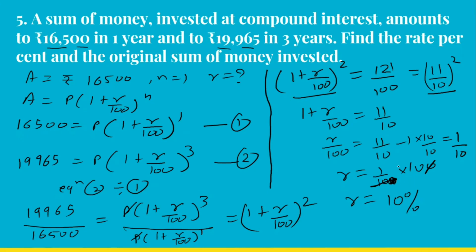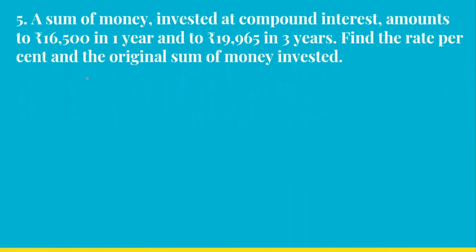Now we have found the rate. Now we have to find the original sum of money invested. We can substitute this rate in any of these equations. So we'll be substituting this in equation number 1. We got the rate as 10% per annum, and we will be substituting in the first equation. Our first equation was 16,500 = P(1 + R